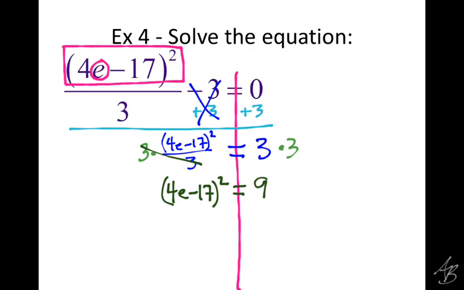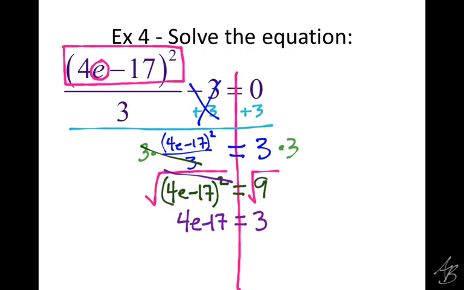You square 4e minus 17, and it cancels out the square. Okay, good. So now we have to take the square root to get rid of the square. So we're going to take the square root on both sides. Now this is the step where it's a little bit different than any other equation we solve. It's going to start just like normal. So the square and the square root cancel each other out, and that leaves what? 4e minus 17. And on the right side we get